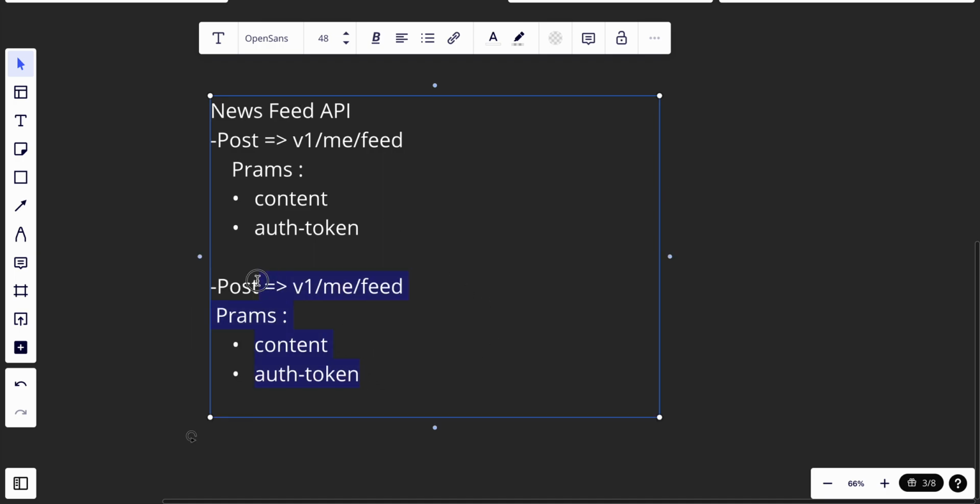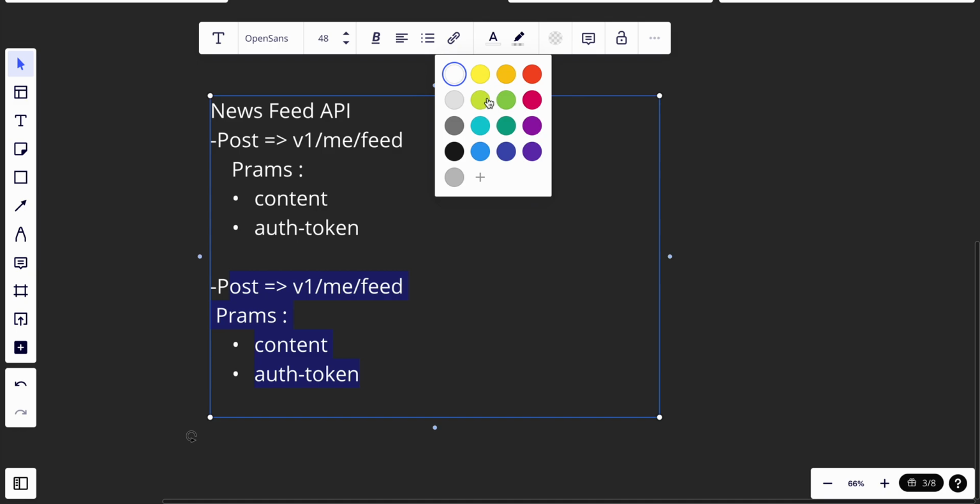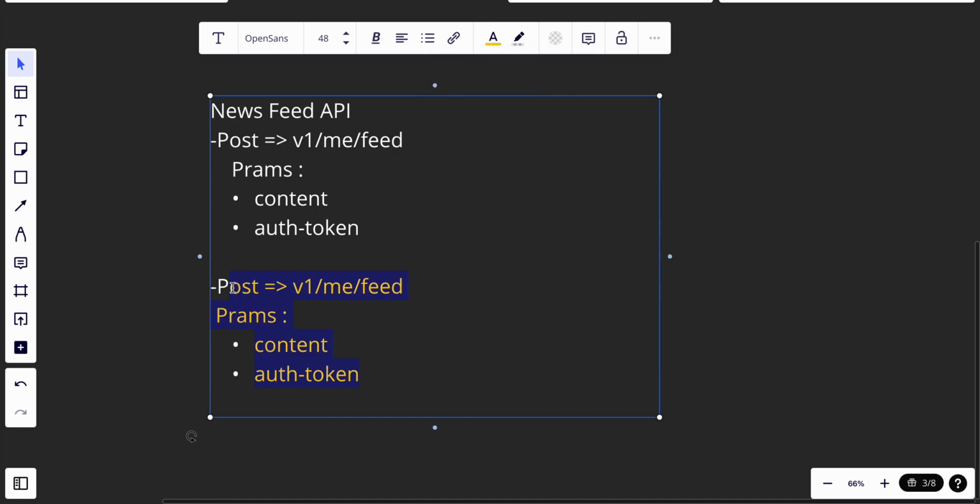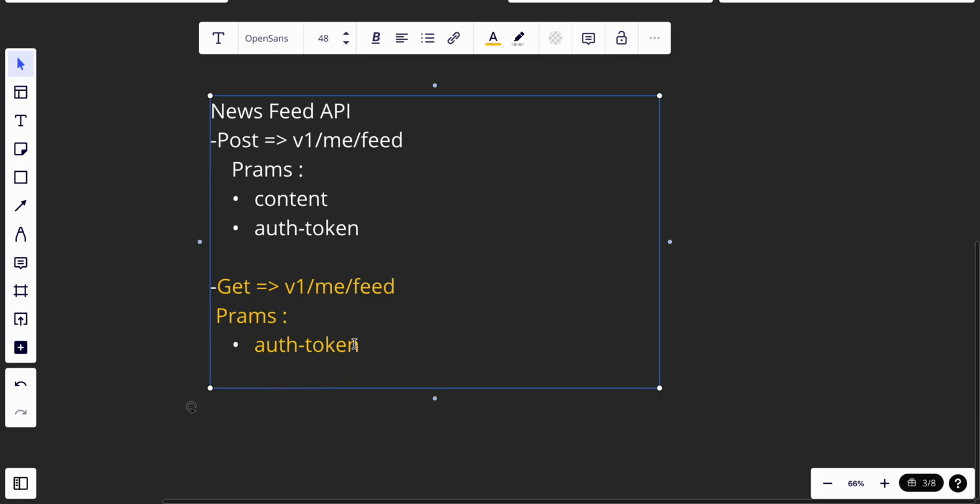section, which will be getting the, let's give them different colors. It will be a get request, which is to get the news feed, and it will be v1 me feed also. Yeah, or just v1 me post feed also, it will work. But we don't have to post any content. I guess we should put the auth token, and that's it. So this is in terms of